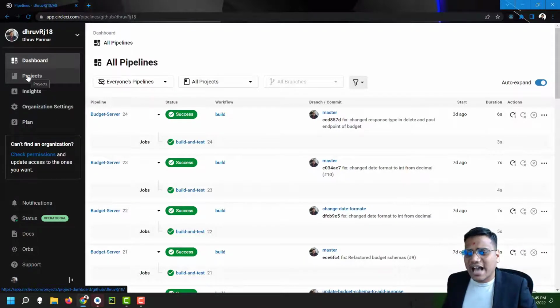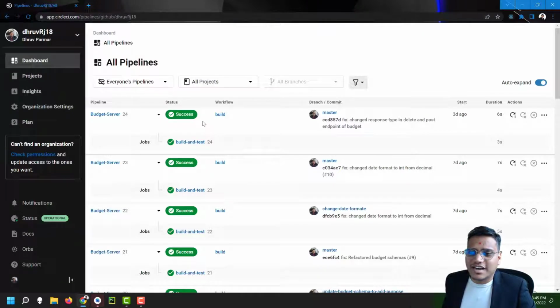And as you can see, I have different builds that I have set up automation on. This is basically a project that I'm working on, and there are different commits, and there is different testing that is happening automatically on CircleCI. So this is basically the Python project, budget server, and just like this, we're gonna have an